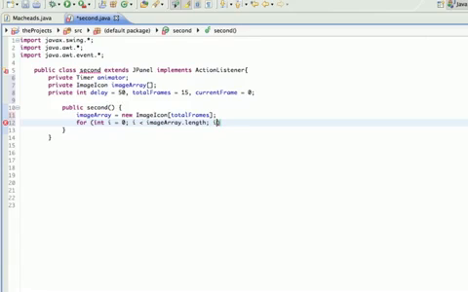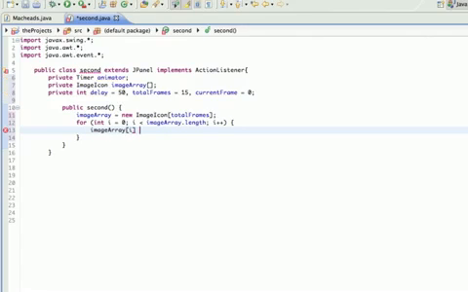So i plus plus. So here's what we're going to do. We're going to do image array i equals. We're actually going to be looping through this array and assigning each space in the array a value. And how we're going to do that is new